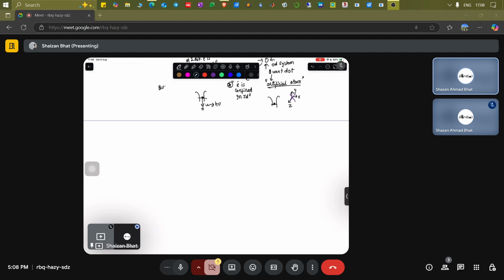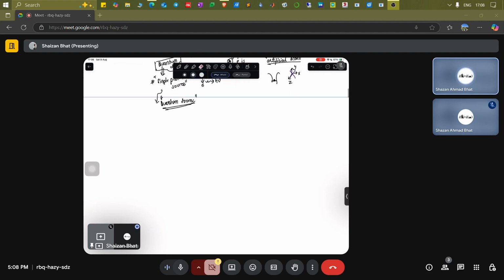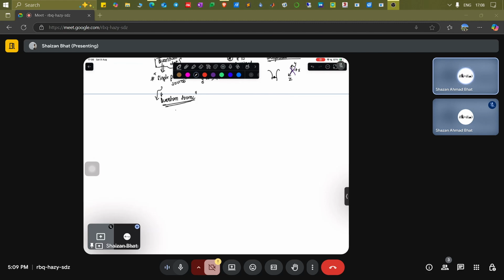And this quantum dot is particularly hot in the application called a single photon source. A single photon source is basically like a quantum emitter. It's a quantum source. It's not a normal light source. It is a light source, but on average, it emits only one photon.